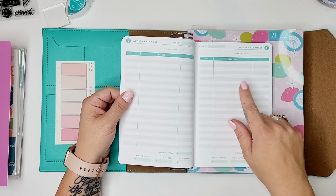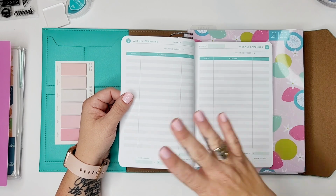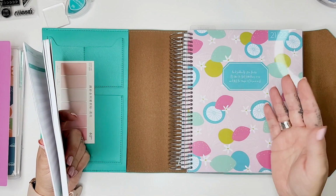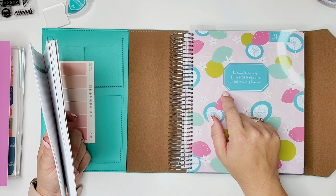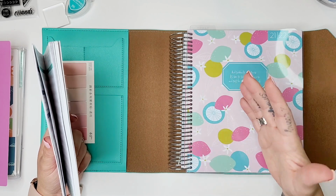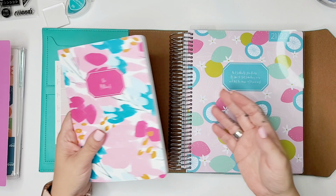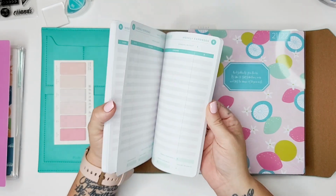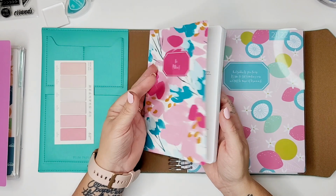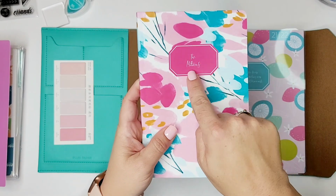So I think I'm going to be tracking here, because part of my 6 months for life, which you guys will see in my intro post that'll go up hopefully next week or next weekend, I am going to be working on budget and saving even more money and building the life that we want for the future. And I do already budget, but I feel like there's a lot of places that I can improve. So I am going to try using this,